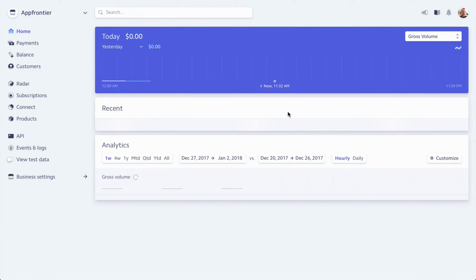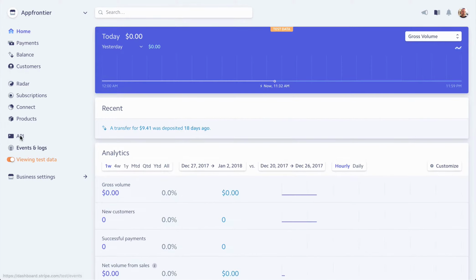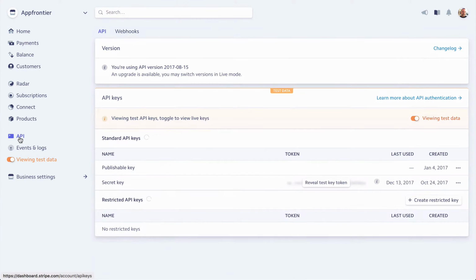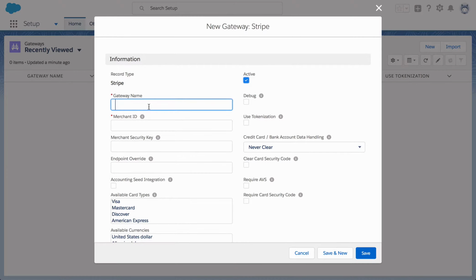We're going to log into our Stripe Sandbox account, or the Stripe account to begin with, because you can get the information both for live data and for test. So you click on View Test Data, go under API Key, and here we have our secret key. We're going to go ahead and copy this, and go back to our gateway setup, and we're going to choose a gateway name. We're going to say Stripe Test,